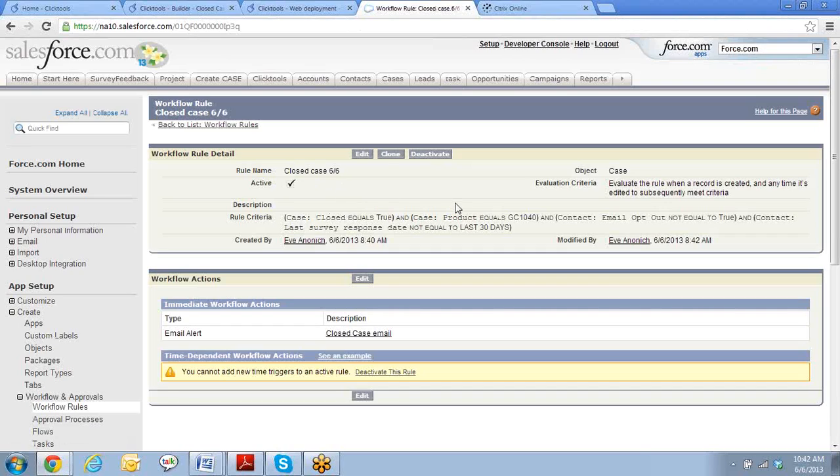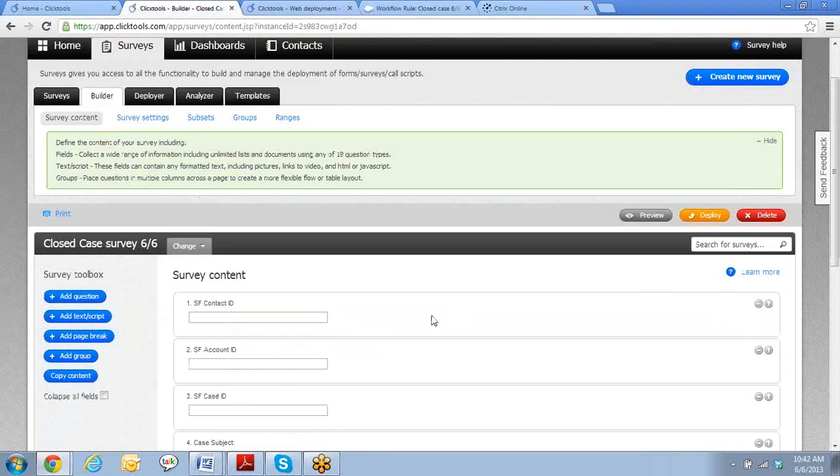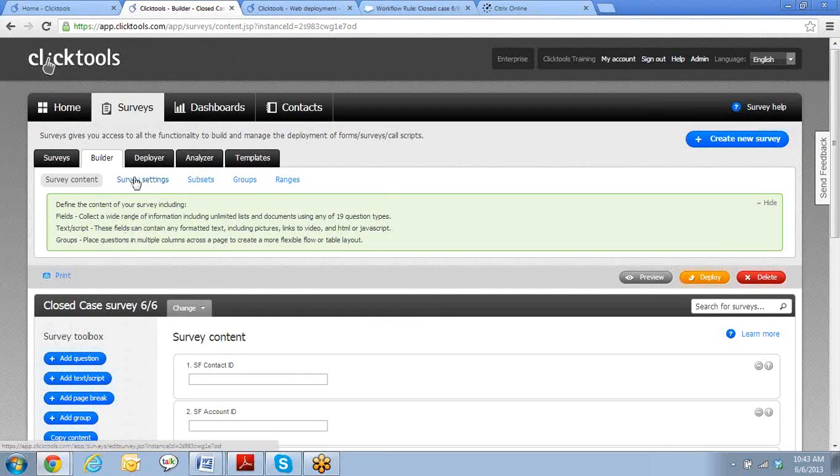Okay, so we've built our object to house the survey response in. We have built the email template to go out and the workflow to trigger that out. So the next and final step is to actually create the mapping. So if we go back into ClickTools here, we're still in the builder of our survey. If we go to survey settings,